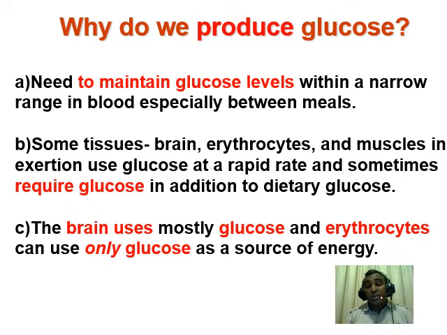And also red blood cells rely mostly on glucose because they don't have mitochondria. So they need to be constantly doing the glycolytic pathway, in the manner of anaerobic glycolysis. And therefore, these two components of your body must always have a sufficient amount of glucose. And for that purpose, the gluconeogenesis,